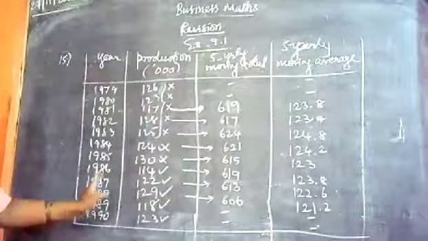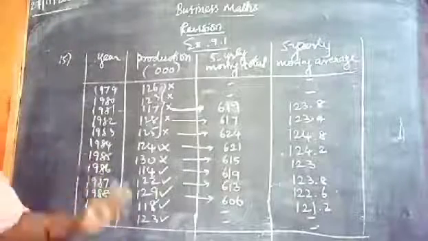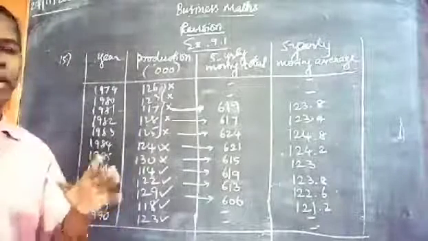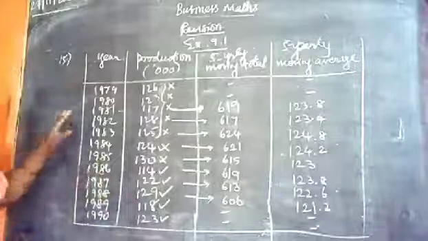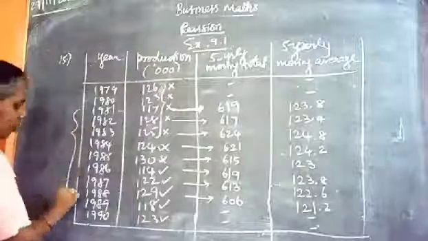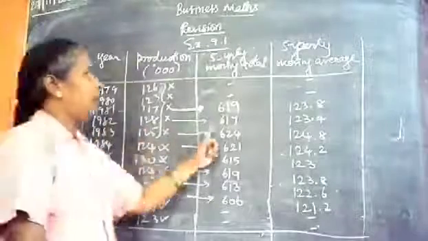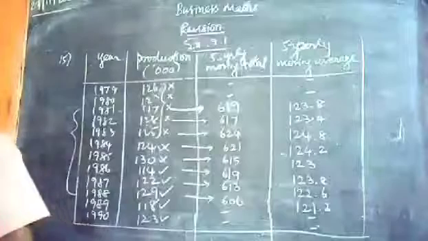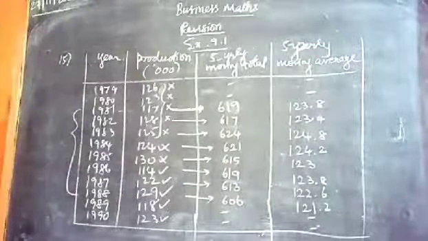After preparing the tabular column like this, the extra work you have is preparing one more tabular column, except the first 2 years and last 2 years. Only these years will give you the next tabular column: 1981 to 1989, along with the 5 yearly total and 5 yearly average. Any doubt here? Take a screenshot, and when you give the answer, try to give another tabular column.